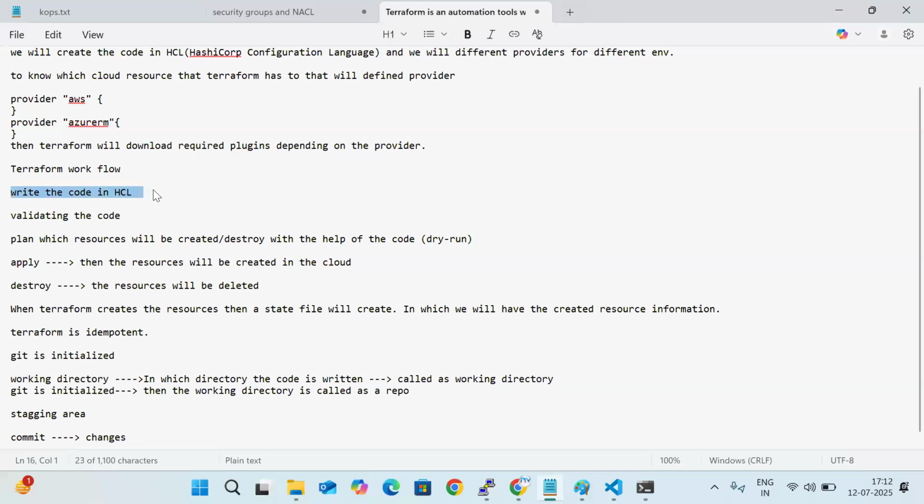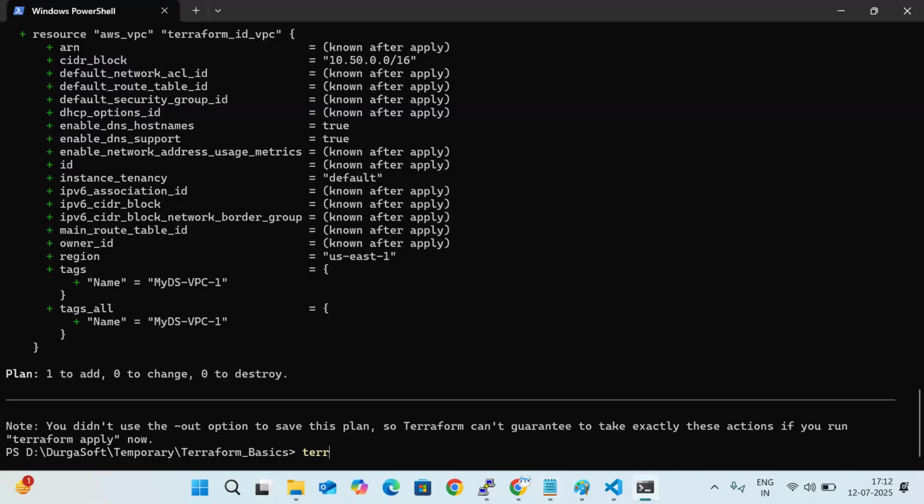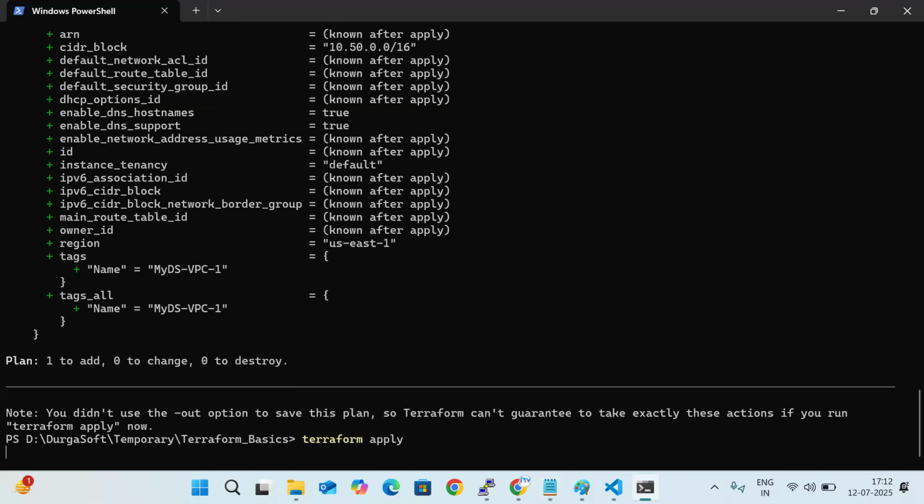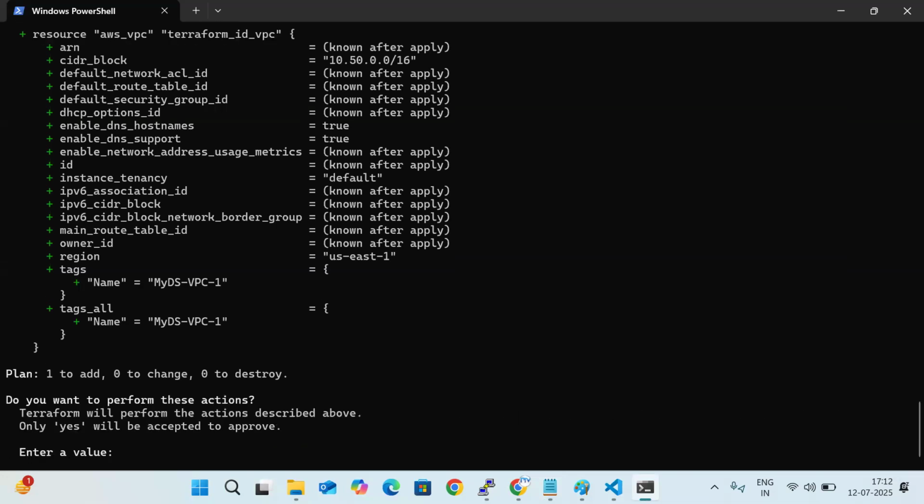So now if you can see the steps that I have told you: first I need to write the code. We have written the code for VPC, and then we need to validate the code. Validating of the code is also successful, and then the planning of the code has to be done. That is also successful. Now I need to apply the code. So to apply the code, I can use terraform apply. When I apply the code, automatically a resource will be created inside my AWS environment. So when I give yes,